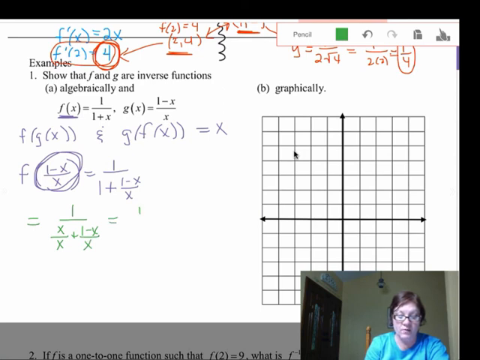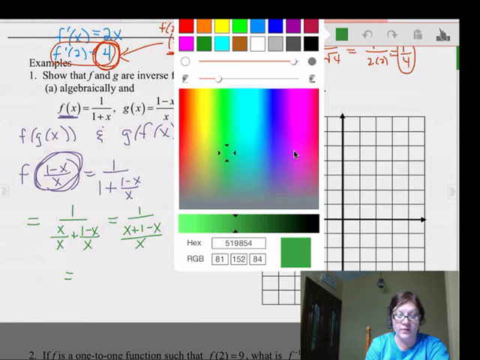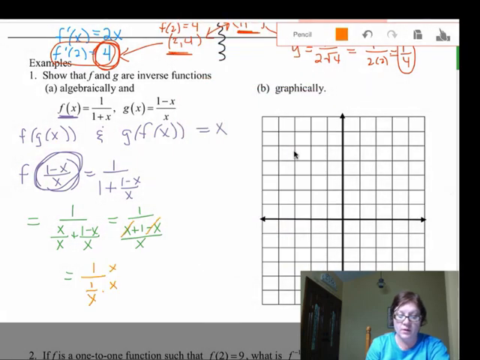This will be x over x plus 1 minus x over x. And so on bottom, I have x plus 1 minus x all over x. So now I have 1 over 1 over x, multiply top and bottom by x,